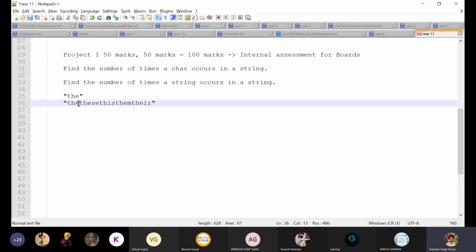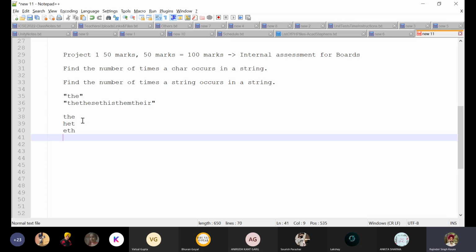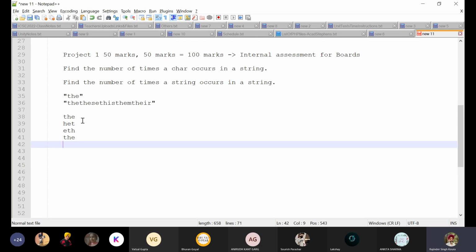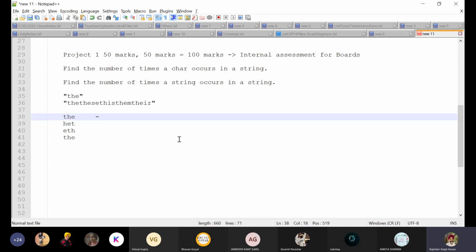Okay, so what we are going to do is, out of this string, we are going to extract this string. So the first string extracted is going to be this. The next string extracted is going to be this. The next string extracted will be this. The next string extracted will be "the" again. Can you see what is happening? From this particular string we are extracting the first 3 letters. If we want to use the substring, how are we going to do it? We are going to write 0,